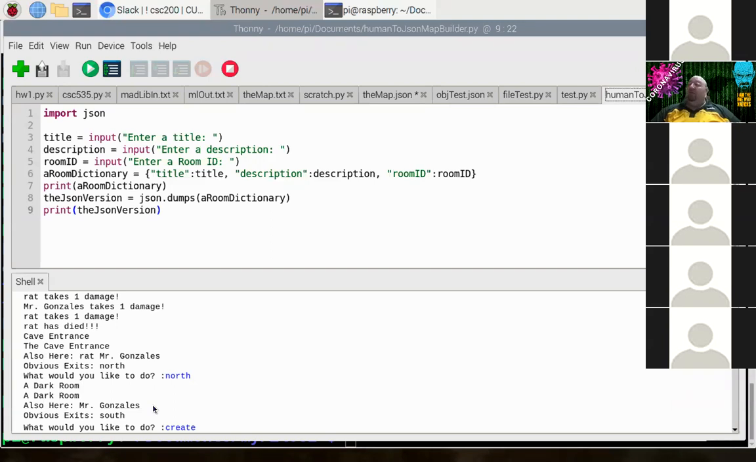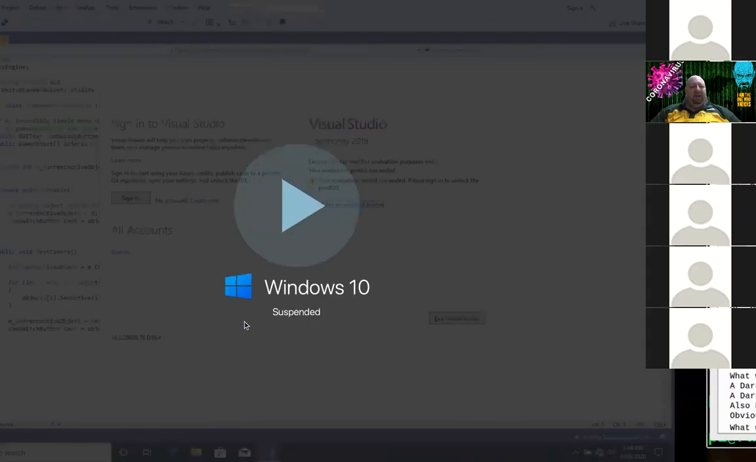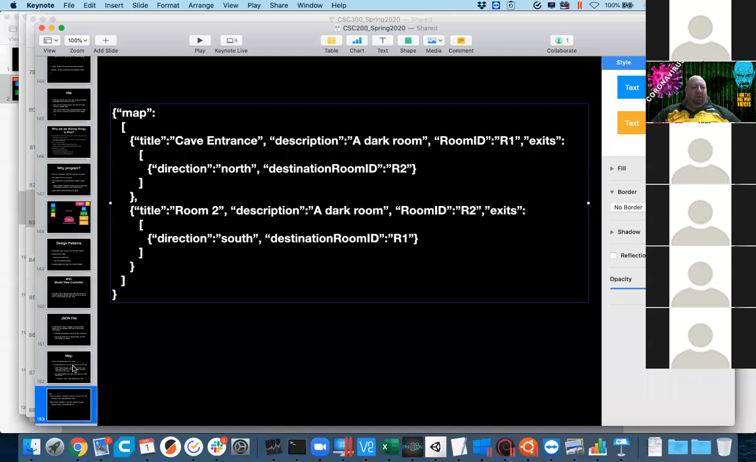Now, that's going to be all fine and dandy, but at the end of the day, we want to be able to write that back to JSON so that we can read in that updated map next time. So if we kind of draw a picture of what we're going for here,